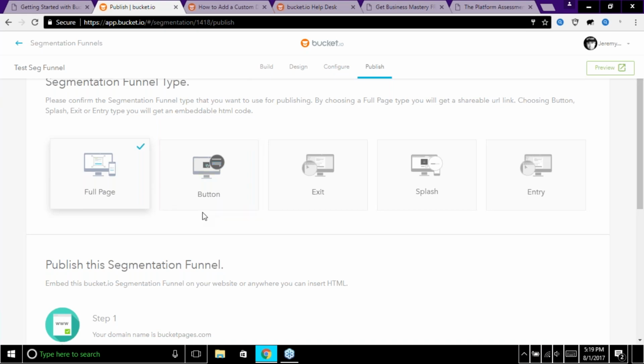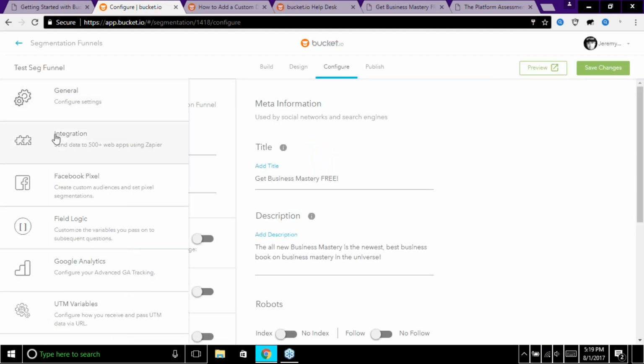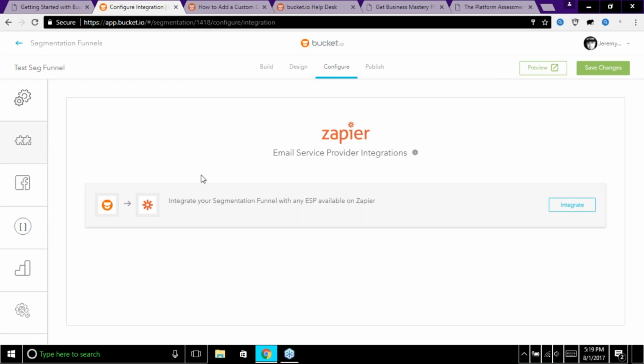Your segmentation portion of your funnel would just be done through the pop-up. So you're not going to need Zapier to connect to ClickFunnels or LeadPages or anything like that. You only need Zapier to connect to your email service provider. And then again, just to find out if Zapier supports your email service,